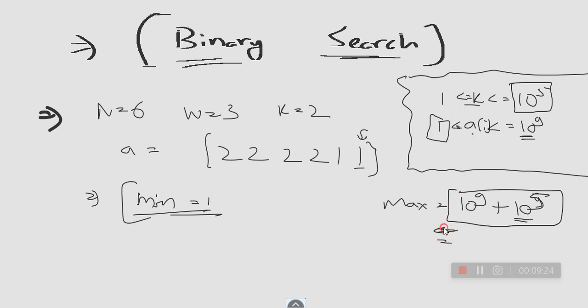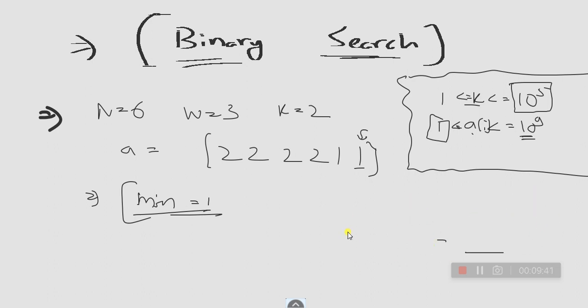Instead, I'm going to write that this is surely going to be smaller than 10 raised to the power 10, isn't it? There's no doubt that this is going to be smaller than 10 raised to the power 10. So I can have the maximum height as 10 raised to the power 10. So not equal to, but it is the maximum possibility that I can have. Now